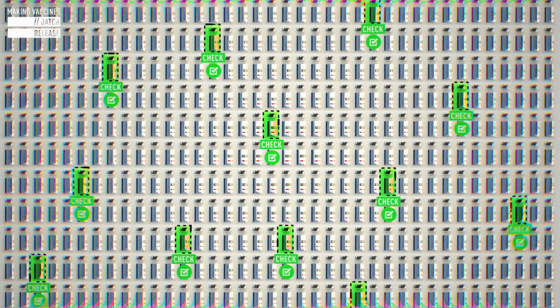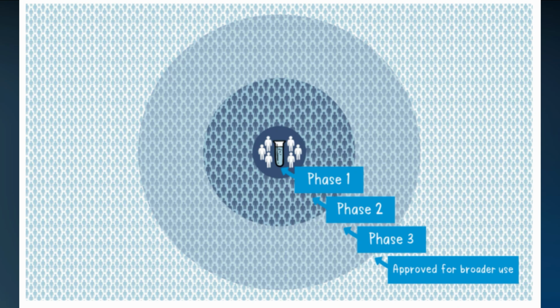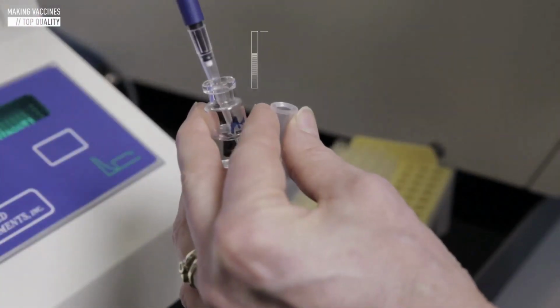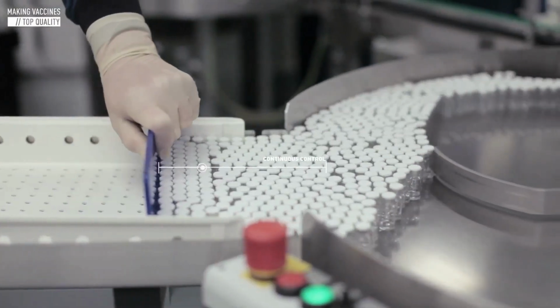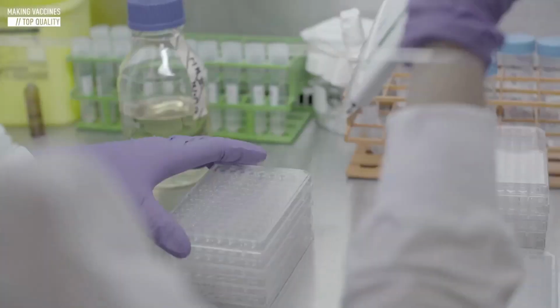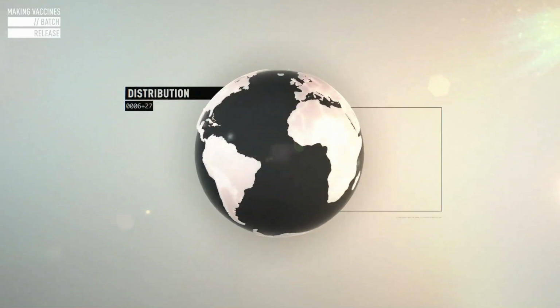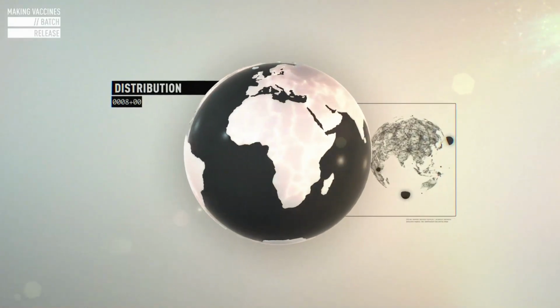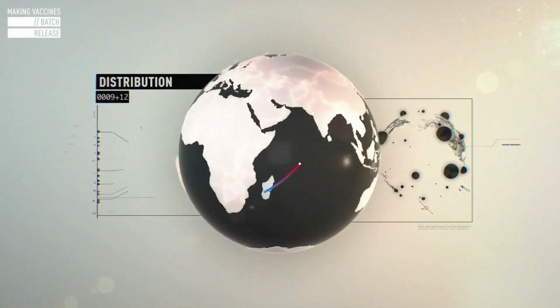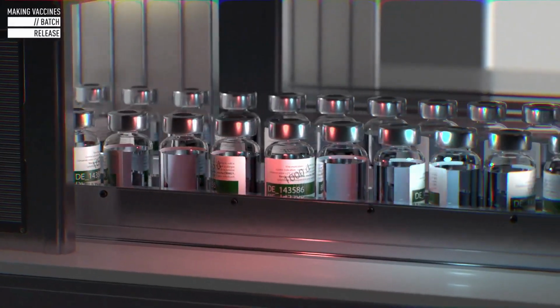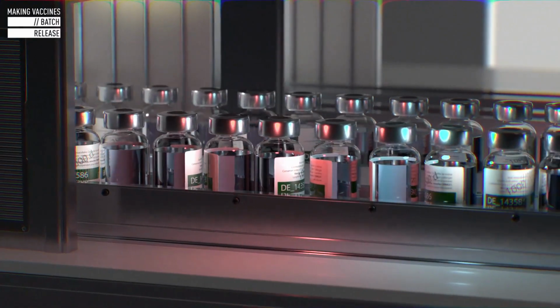In Phase 1, the vaccine is given to a small number of volunteers to assess its safety and check its effectiveness. In Phase 2 and Phase 3, vaccines are given to hundreds and thousands more volunteers and they are then compared to a similar group of people who are not vaccinated. This is done to determine if the vaccine is effective against the disease or not. When the trials get over, officials in each country review the data and decide whether to authorize the vaccine for use or not. Once the vaccine is approved, it is then authorized for broader use. So this is how a vaccine is made.